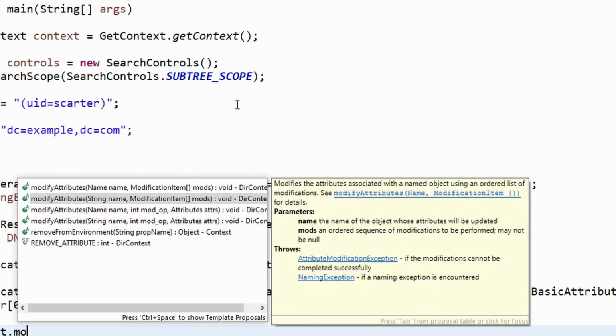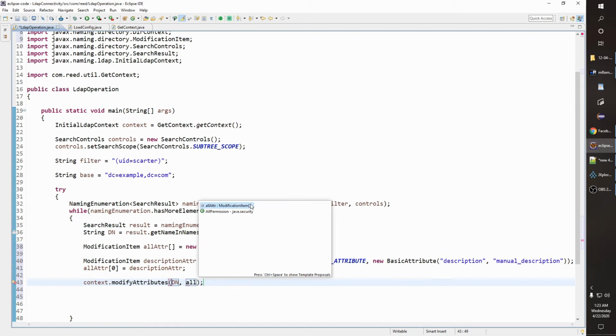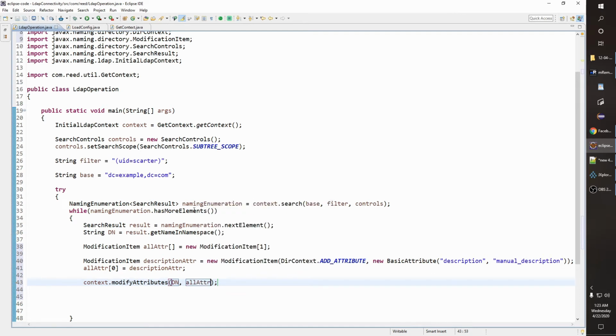A string name means where exactly you want to modify, so we have to give the DN. And the modification item means what are the items that you want to modify. So here we give the DN, and here this is our modification item, and we are done.